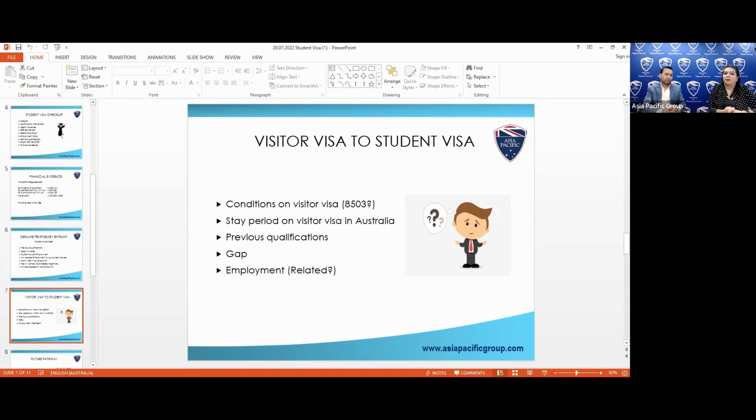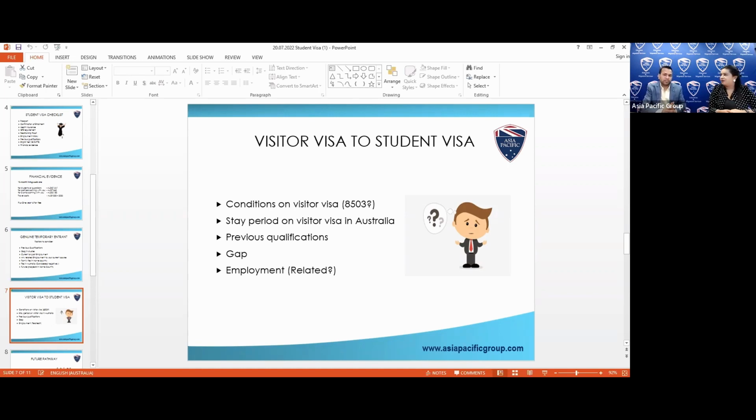Okay. So nowadays, a lot of people are coming on visitor visas since the border has just opened. In the past, there were not so many applicants who were coming on visitor visas and then lodging their student visas. But just because of COVID, a lot of people are applying for visitor visas, coming to Australia and then lodging their student visas onshore. So first thing, it's not illegal, okay? And there is nothing stopping you from doing that, okay? If your visa condition does not allow you to lodge another visa, then it's a different thing. Otherwise, if there are no visa conditions on it, then basically you can apply for any visa.